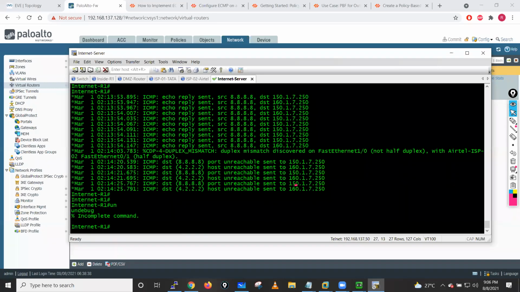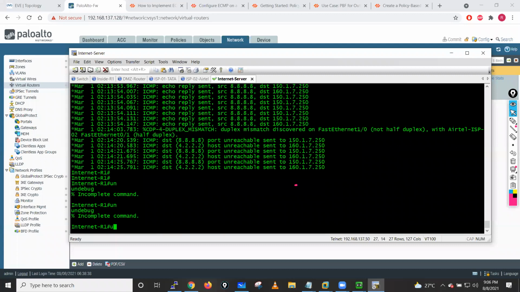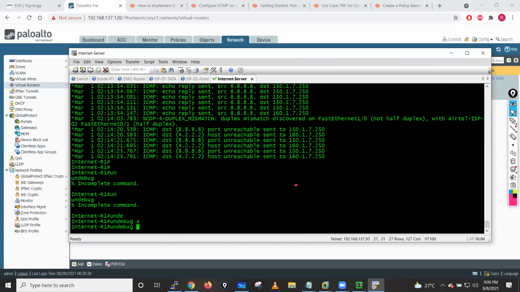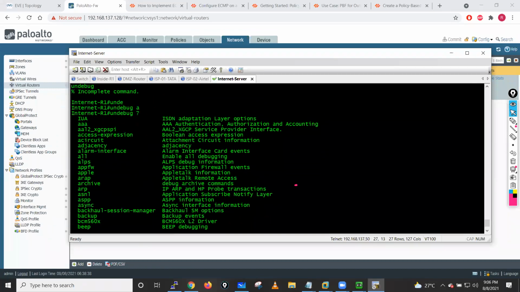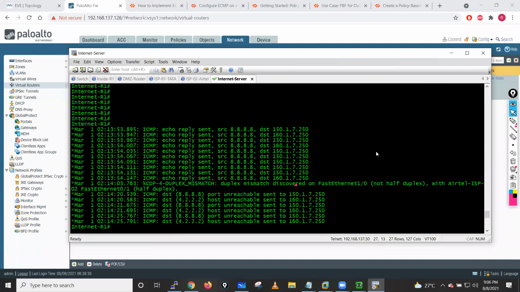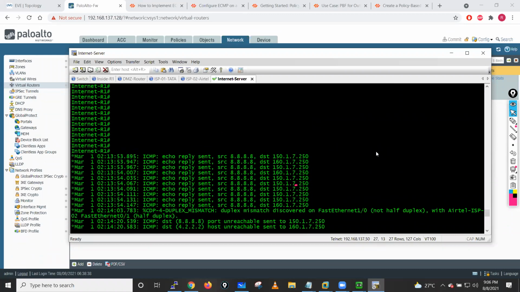Okay, let me just undebug all. Okay, I just do the calculation of these packets. So you will basically observe 7 packets from ISP1, remaining 3 packets from ISP2. This is the first packet, then second, then third, then fourth, then fifth, then 6 and 7, right? 7 packets from ISP1, remaining packet number 1, packet 2, and packet 3 from the secondary